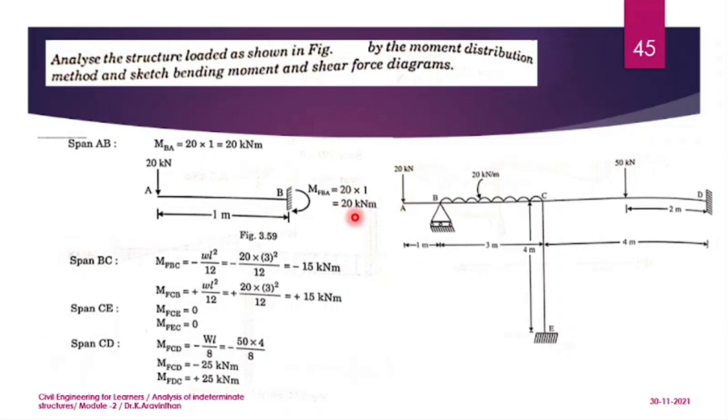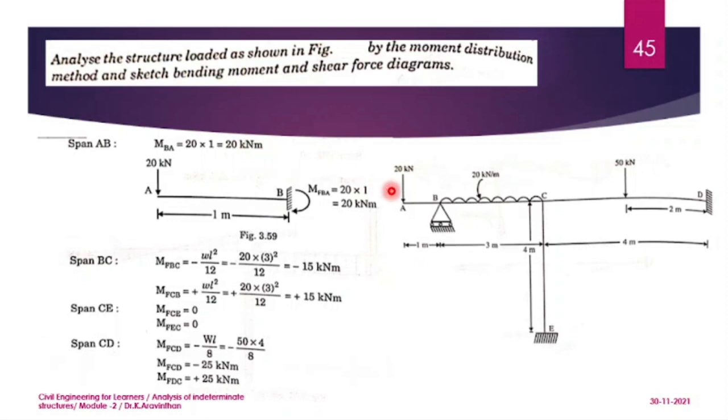And you can question here, sir, at each and every span we will be having AB and BA moment, but here MAB is not there. Why? Because you are not having any support at A. Note that MAB is 0. If you have support, then you will be having moment. If there is no support, nobody is there to take the moment. So that's why you cannot see AB here. You will be having BA. It has 20 kilonewton meter.